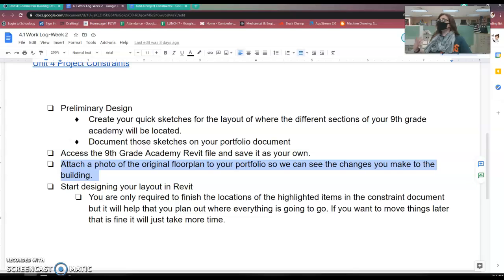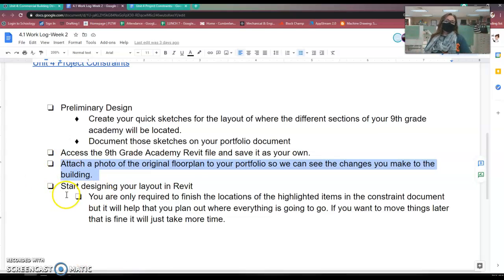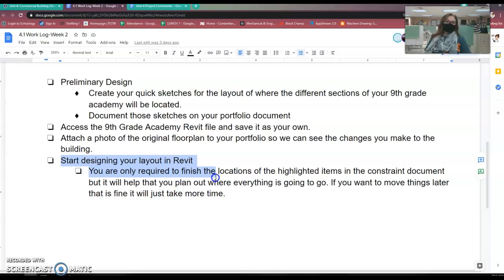So once you open it up, just take a screenshot of that original floor plan so you have what it looked like to begin with and put it in your portfolio. Then you're going to just start designing your layout in Revit. You've done your rough sketch, you've done your bubble diagram